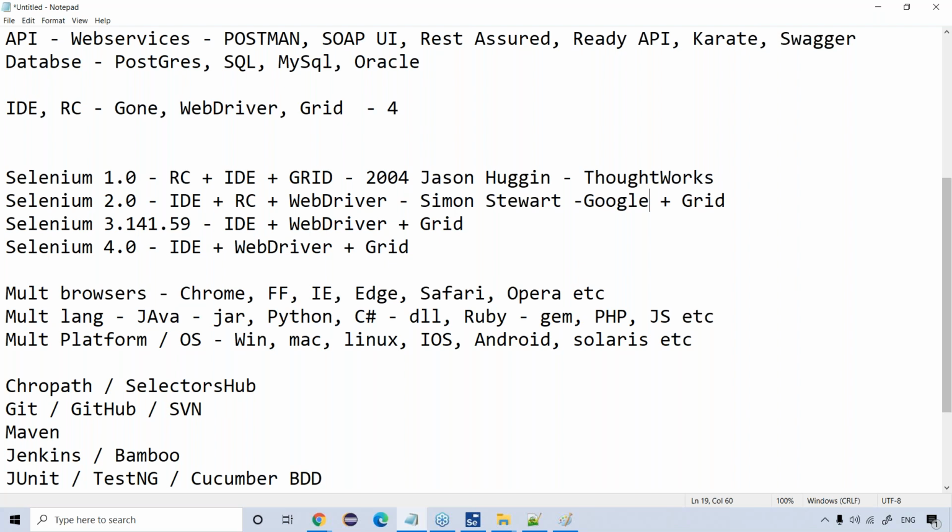Many Google developers have contributed to the development of this WebDriver. Even Google today has many testers who are using WebDriver for automating their internal web-based applications, right? So Simon Stewart was then associated with Facebook as well, and he has also worked with